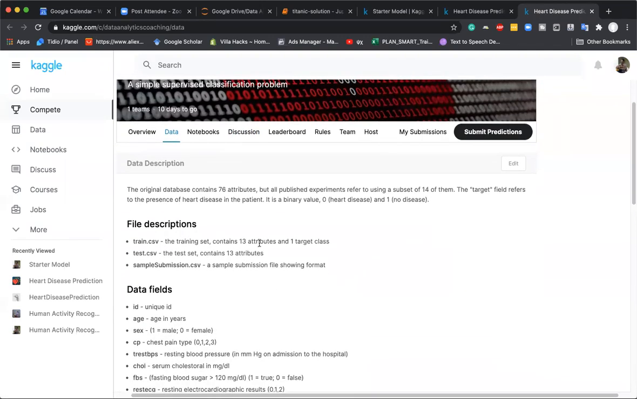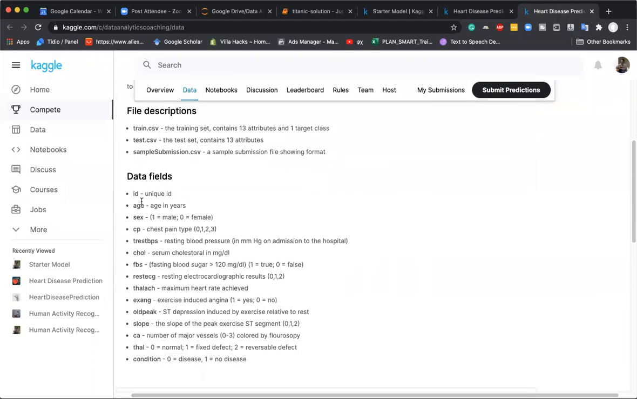So this problem is basically from a medical database, where we have around 14 attributes, and these 14 attributes are given here. They are ID, age, sex, CP, which stands for chest pain type, trestbps, which stands for resting blood pressure. We have chol, which stands for cholesterol level, FBS, which stands for fasting blood sugar. We have restecg, which is resting electrocardiographic results, thalach, which is maximum heart rate achieved, exang, which is exercise-induced